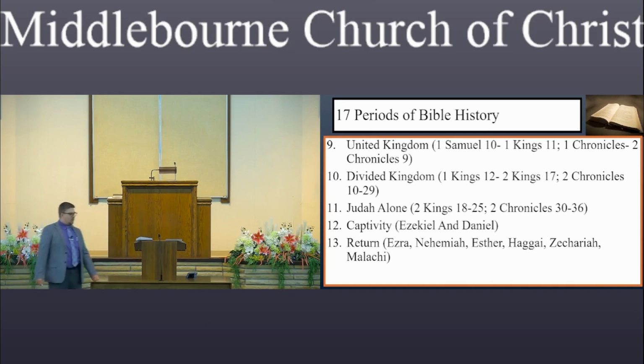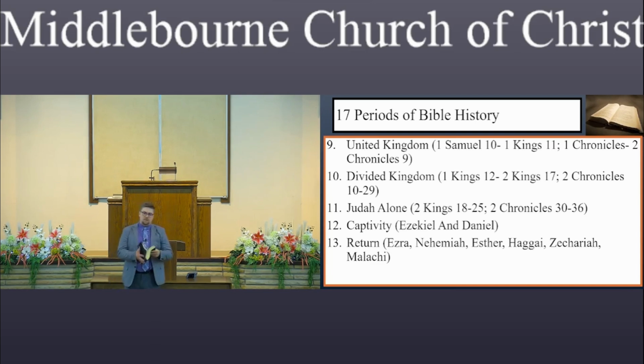Now, I think this is where sometimes we have to remember, as you're flipping through your Bible, everything is not in chronological order, right? Have you ever done a chronological reading plan? What you do is you go to Genesis and read through parts of it, and then all of a sudden you jump over to Job, and then you come back to Genesis and finish that out. Then somewhere in the line you go to the next book, but now we got to mix in some of the Psalms because Moses wrote one of the Psalms. But then we go back to reading from Exodus, Leviticus, Numbers, and Deuteronomy. Then we go to Joshua, and then we go to 1 Samuel.